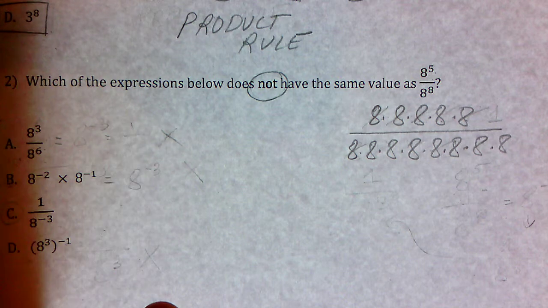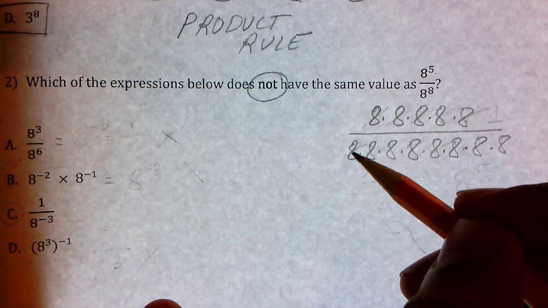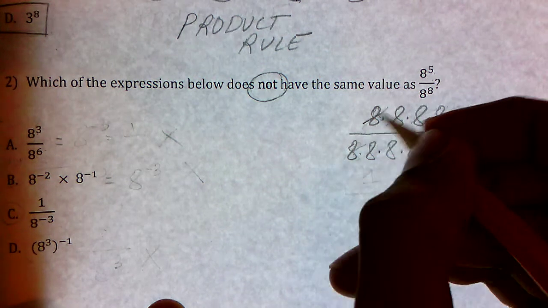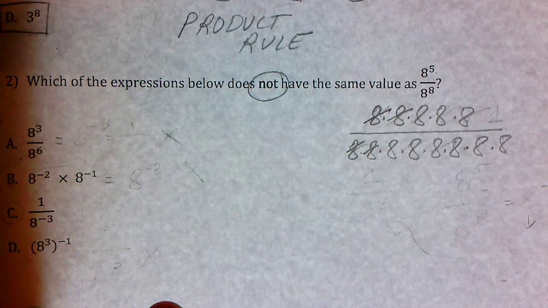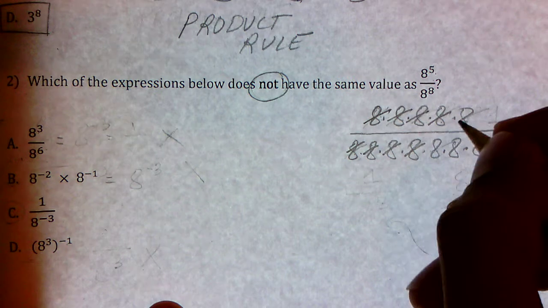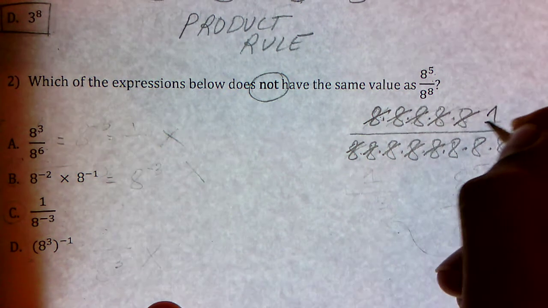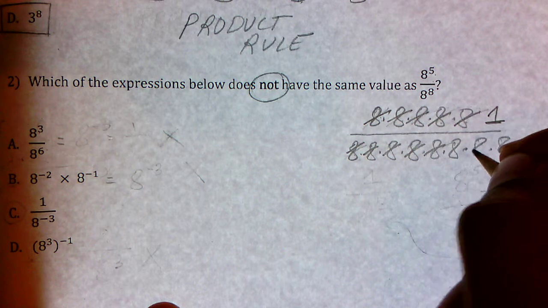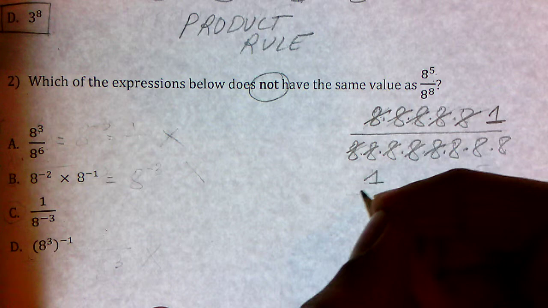Now I can begin to cancel out 8s in my numerator and my denominator because 8 divided by 8 equals 1. This 8 divided by 8 equals 1. This 8 divided by 8 equals 1. This one, and this one, each equal 1. So I'm left in my denominator with 1 over 8 times 8 times 8, also known as 1 over 8